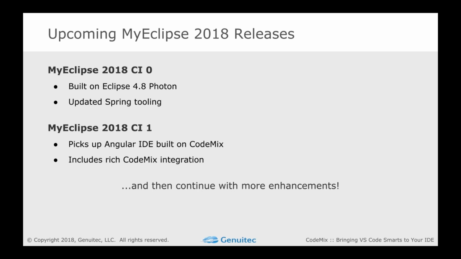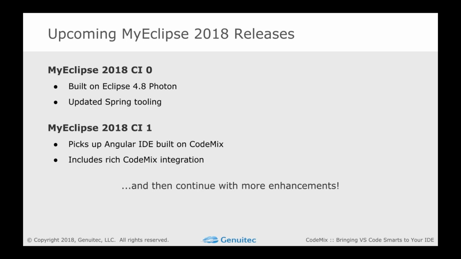All right, thanks, Sarah. Given our timing with MyEclipse 2018, we're going to be skipping the Eclipse Oxygen stream and jumping to Photon directly. So Photon is really especially exciting. If you've been seeing the reports online, there are some serious performance improvements in the base version of Eclipse. And of course, there's Java 10 support. We're definitely going to be refreshing all the innards of MyEclipse as well. So CI0 will include updated Maven support, persistence, and I want to especially mention that we updated Spring tooling as well with better support